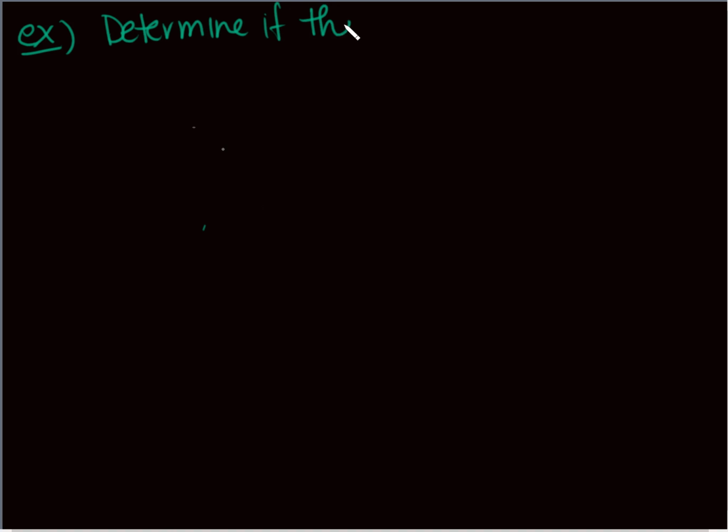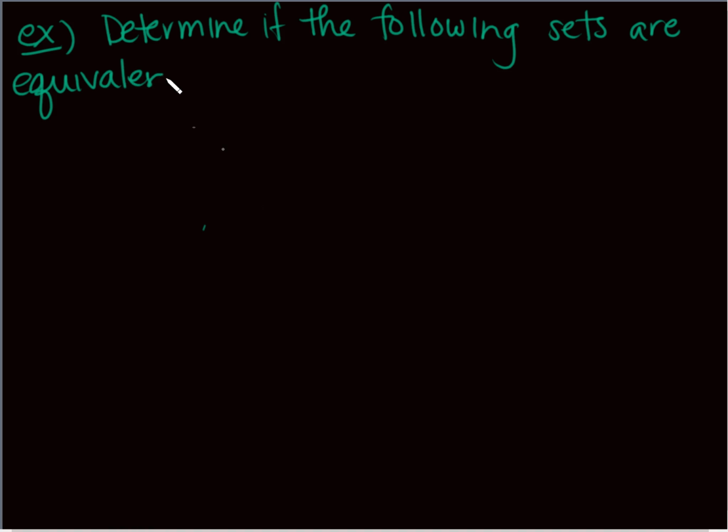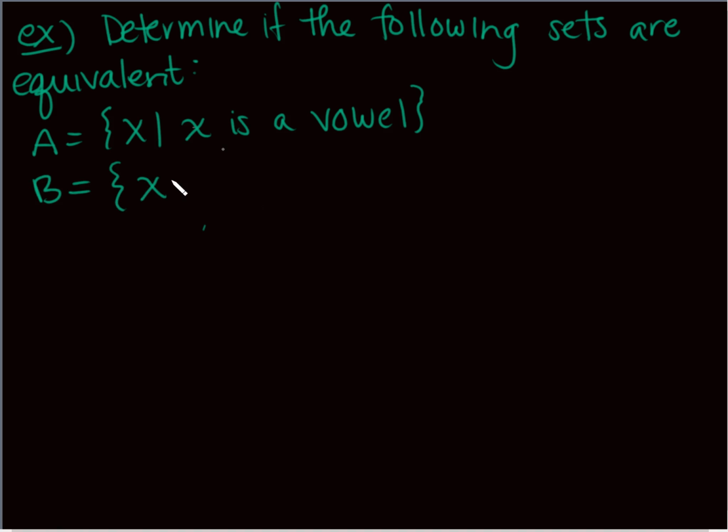Determine if the following sets are equivalent. Okay. All right, so let's say that A is {x such that x is a vowel}. Okay, it's kind of weird. And B is {x such that x is a real or a natural number